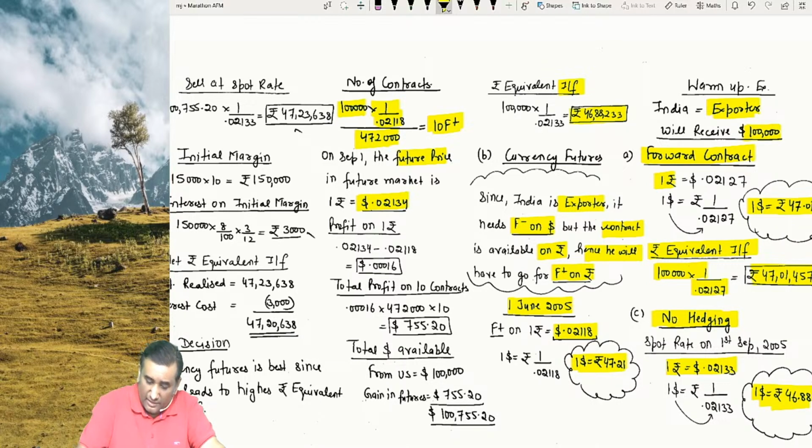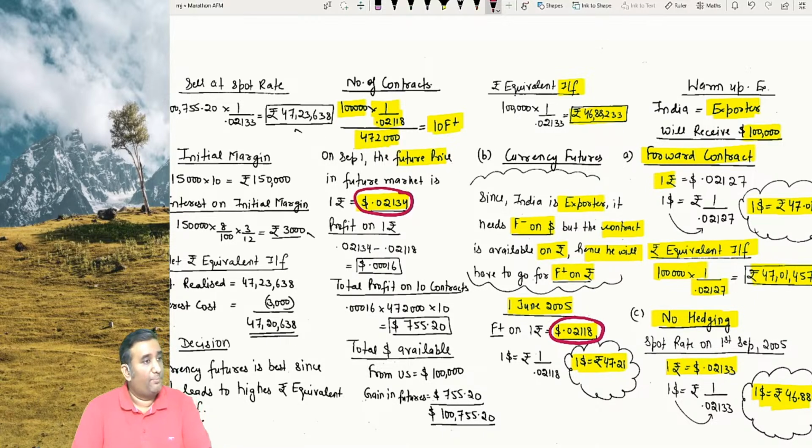$1.134, you have done the contract to buy at what rate? 0.188 rate becomes what? 0.02134, the price has gone up. Since price is in dollar terms, it will give me how many dollars per unit? Point triple zero one six. Total shares are how many, sir? Point triple zero one six on